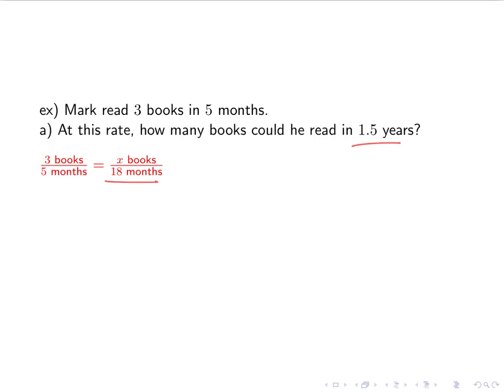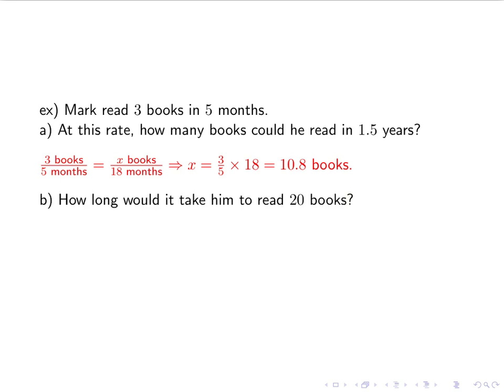If I want to get x by itself, I'm going to multiply both sides by 18, and then just do out that math, and I get 10.8 books. Question B, how long would it take him to read 20 books? So here I'm going to flip the equation that I had before because I always want what I'm looking for on top because that equation is